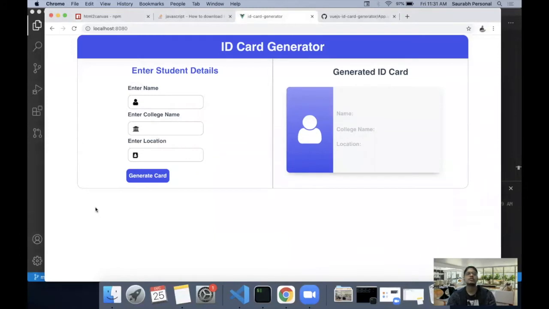So what we essentially need to do is once a user has, let's say, entered his name, college, whatever college he has, and let's say some location, on click on this generate card, what I want to do is I want to create an image of this card which the user can save and then use for further purposes. So that's the basic agenda or what we need to achieve. For that, the first thing that we need to do is check the on-click handler of this button. So let's deep dive into code and continue from there.